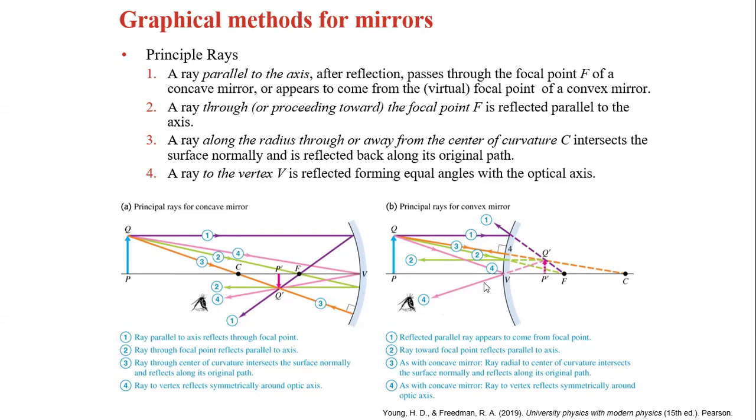So the angle of incidence must be the angle of reflection. Okay. If you continue this graph here to the F, you can also see here that the image is located at V P prime, the segment VP prime. That's the location of the image. And the segment PQ, P prime Q prime is the height of the image. You can see that the image is erect in the convex mirrors.